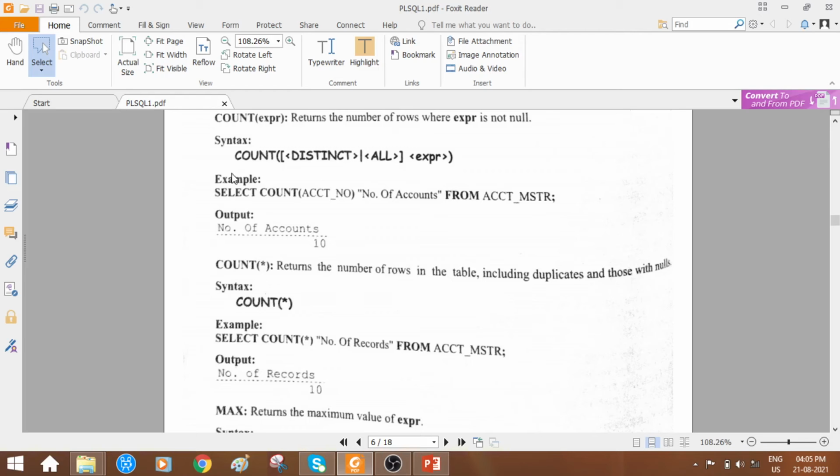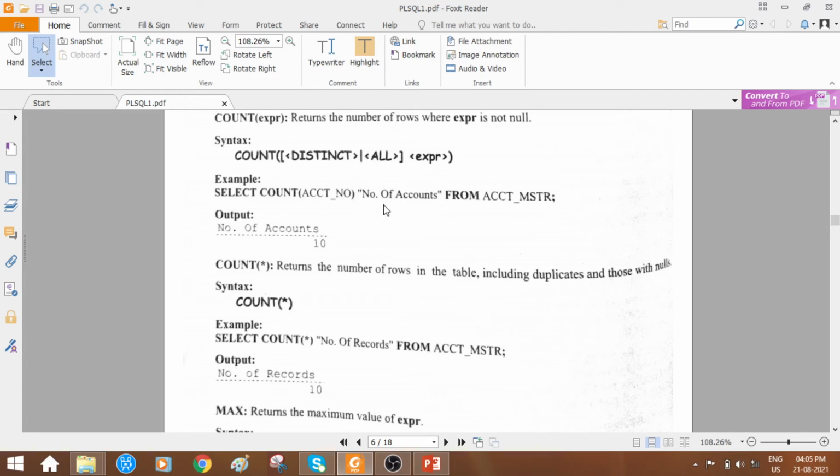Okay, now just check out the example. With the help of the select operation, select count, account number. Account number is a column name. And what is the heading you want to give while displaying the output? Within double quotes we have given a new name, number of accounts.